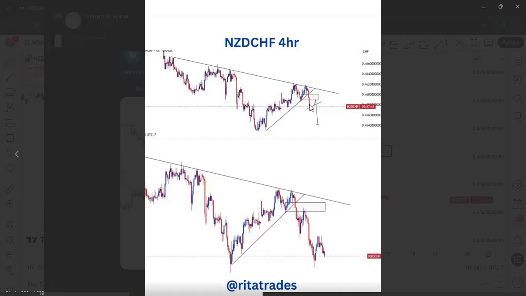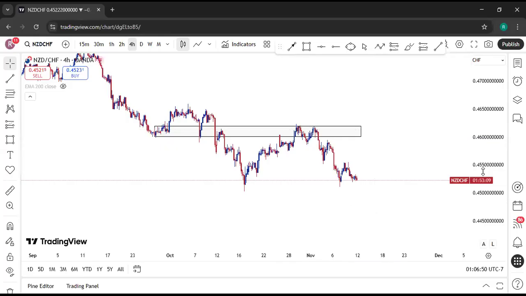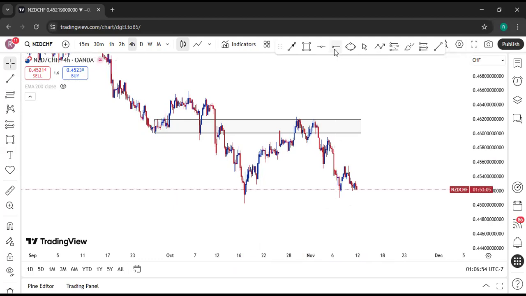So that's exactly how this was when I decided, okay, price is ready to drop, and then mapped out this level. I was expecting price to pull back because this was the previous level of support. Now I was expecting it to turn to resistance before it dropped, and you can see clearly that's exactly what price did. After dropping, it pushed back, turning this area of support to resistance and dropping to the downside. So as you can see on the chart, this is the current price action on NZDCHF. Price has really dropped nicely to the downside